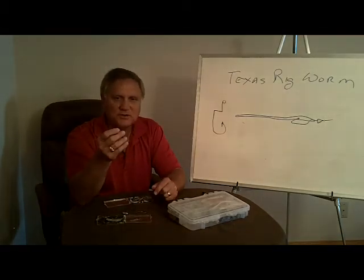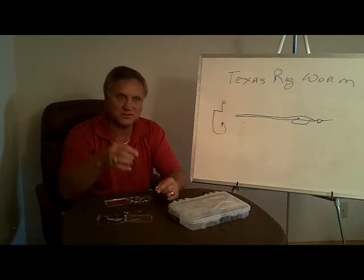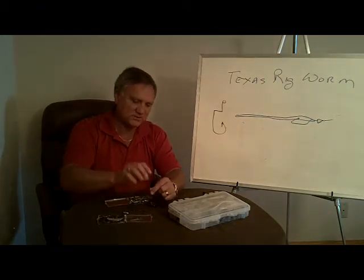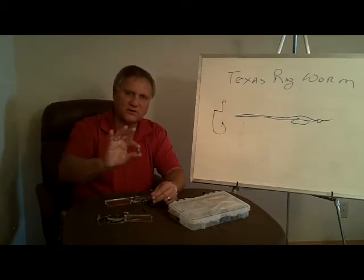And obviously, if you can do that, it gives you a shot at not only catching more fish, but at catching some of the biggest fish. So we want to know how to rig this weedlessly so we can go out and do that. It starts with a slip sinker. Some people refer to it as a bullet sinker because it is in fact shaped